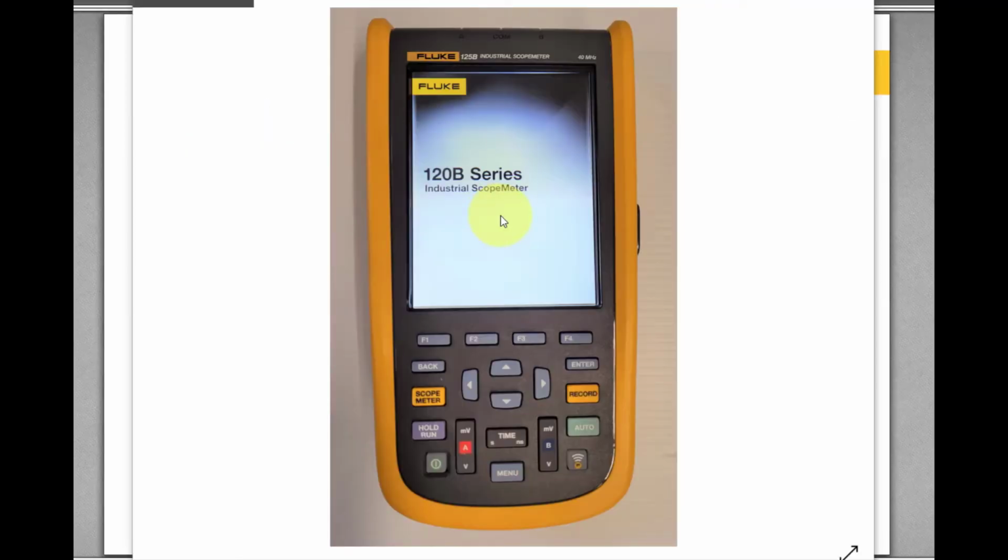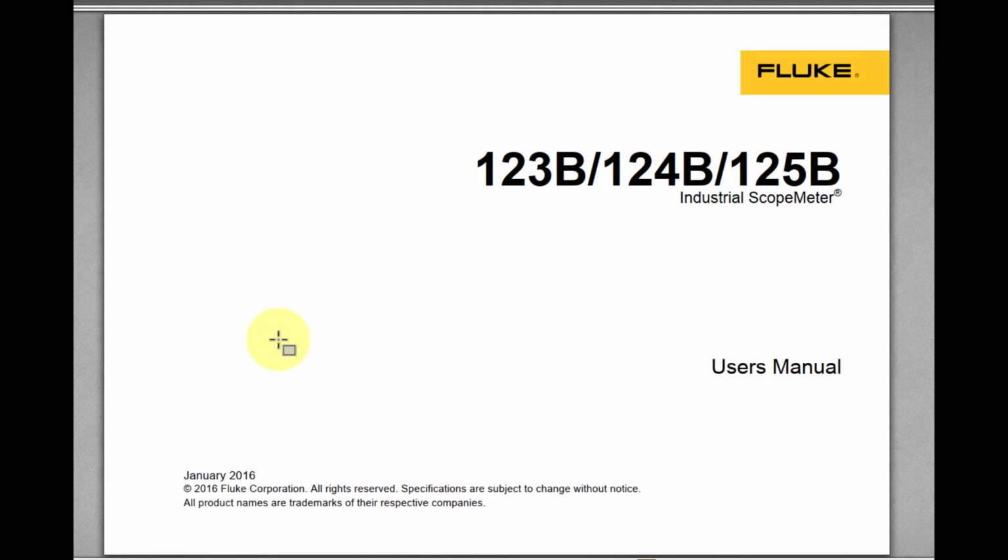I'm going to use a 125B industrial scope meter. It's a Fluke product, and I'm going to measure current and voltage in an AC circuit similar to what I did in the simulation. I like to do this before doing any harmonics measurements. I like to get a visual of what's going on in the circuit and get some values. The setup that I'm going to use